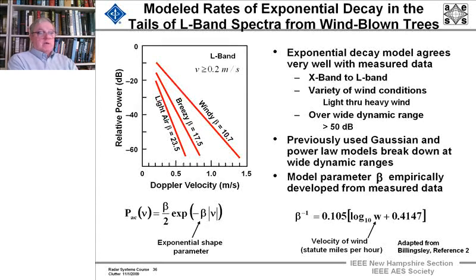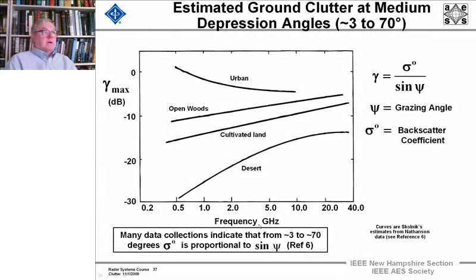And you can empirically model the parameter beta by the equation you see there, where it's a function of the velocity of the wind in statute miles per hour. Now, that huge amount of work was done at low grazing angles. When you go up to higher grazing angles, say from 3 to 70 degrees, this view graph captures quite readily